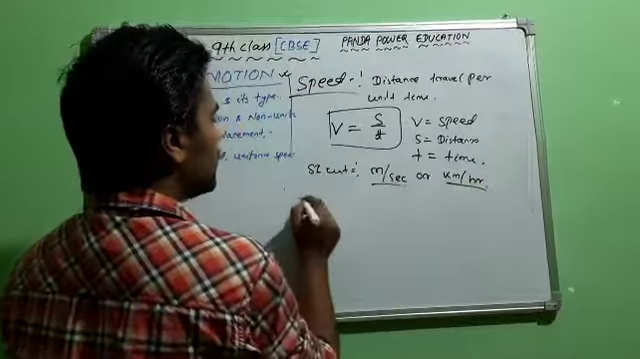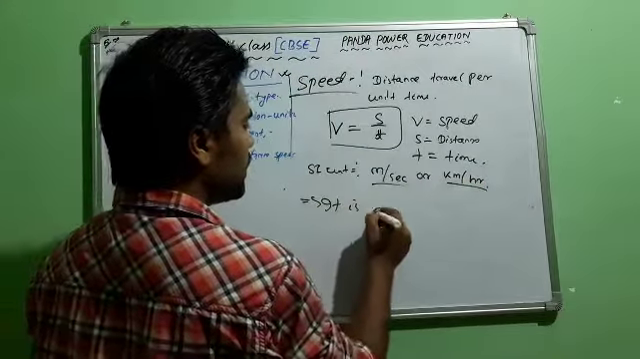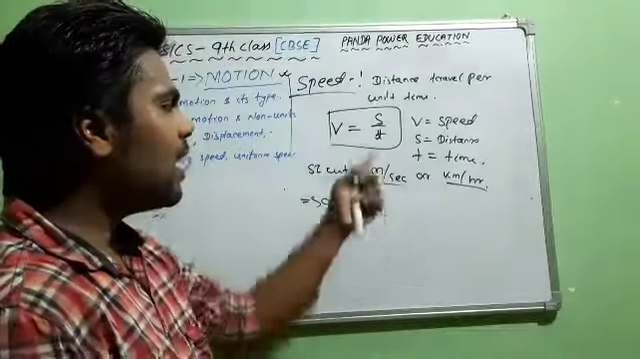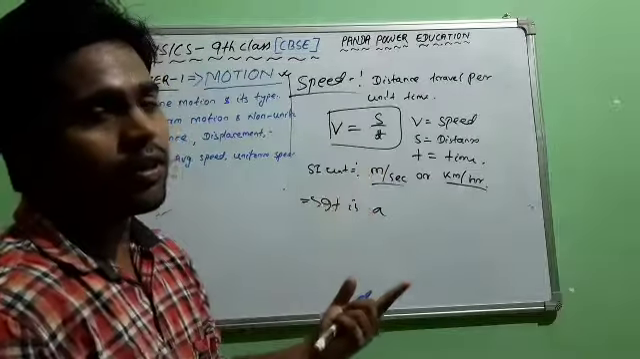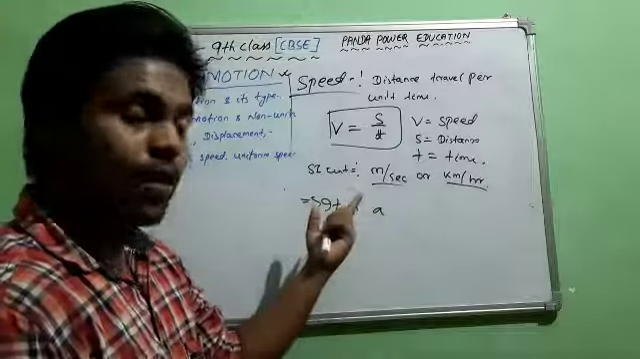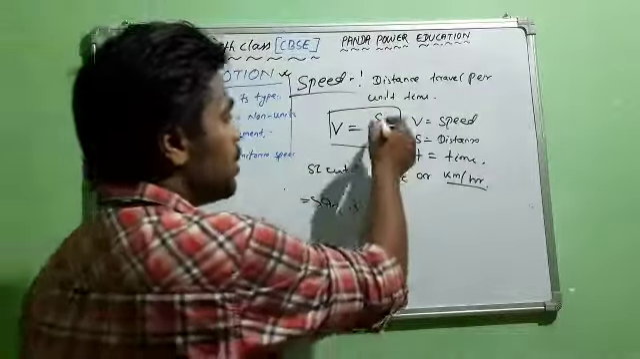Got it? Write down: is it a scalar or vector? Why is it a scalar or vector? Tell me. It is a scalar quantity. Why is it called a scalar quantity? Because here